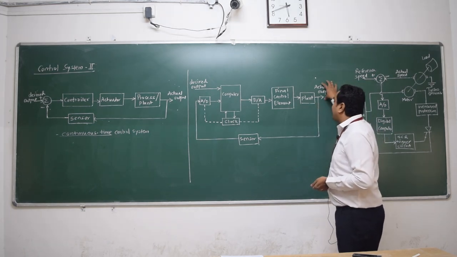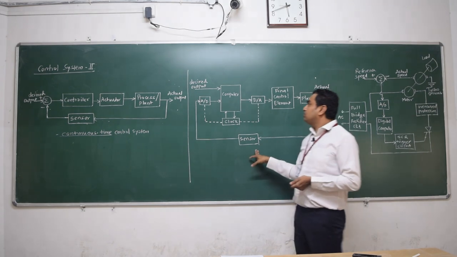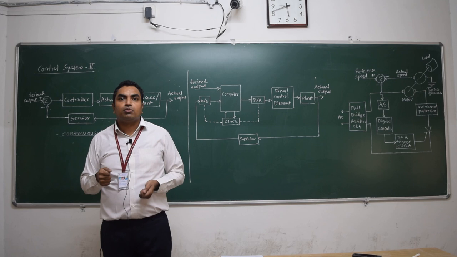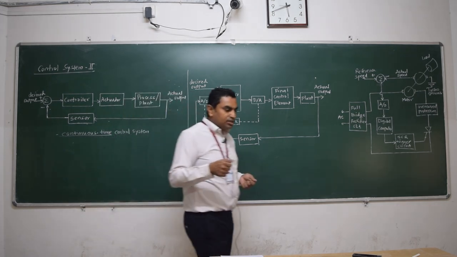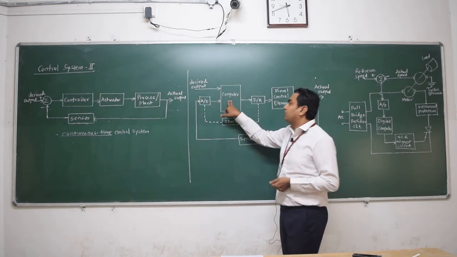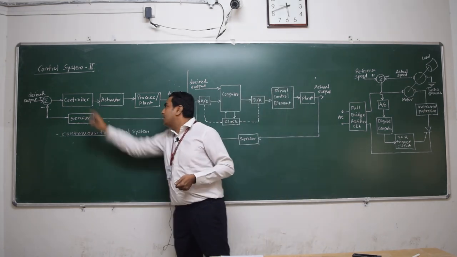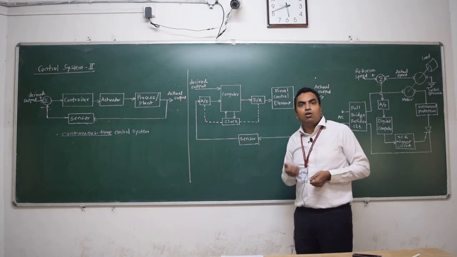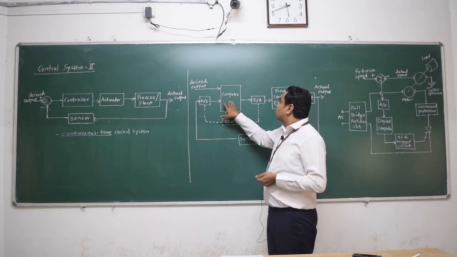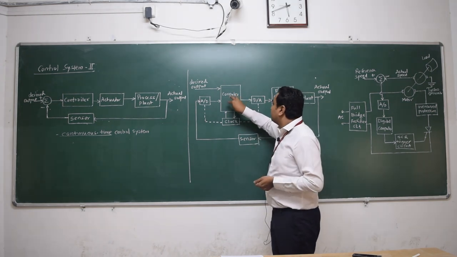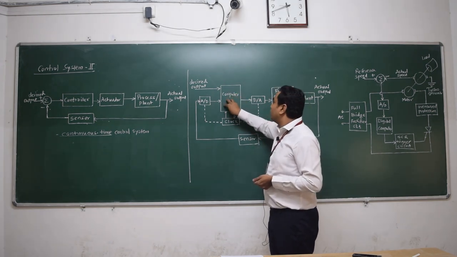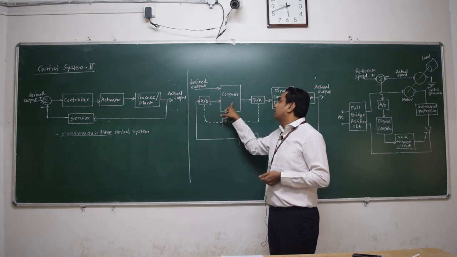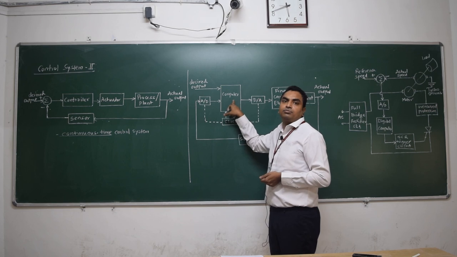Here we will be measuring the actual output by the sensor. Now this is the physical output or the actual output. We need to convert it, because here we will be involving a digital computer. Here the computer was my brain, but here we need to have a digital computer. It can be a microcontroller or microprocessor, right? So if this is the computer or the controller, we need to provide an input which will convert the analog signal into a digital signal. That is the analog to digital converter.